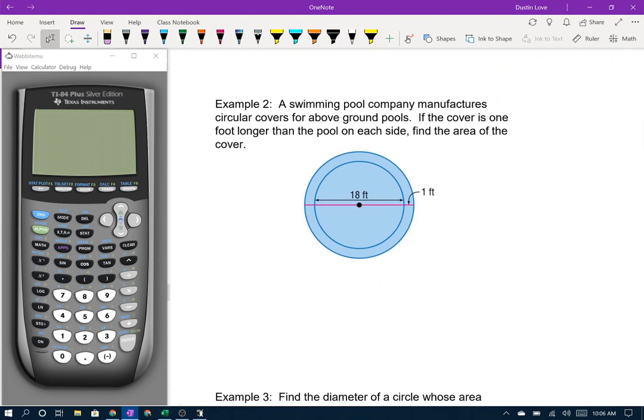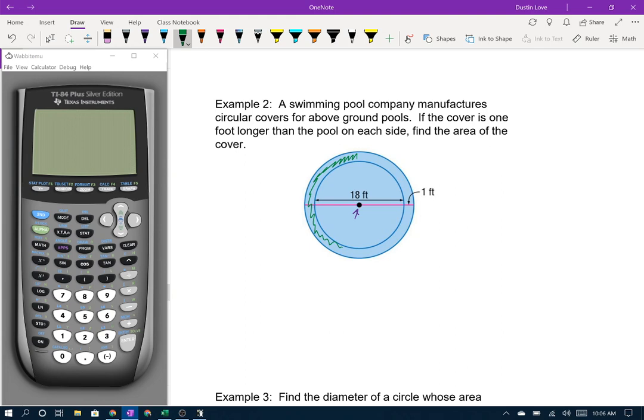Example 2, a swimming pool company manufactures circular covers for above ground pools. If the cover is 1 foot longer than the pool on each side, find the area of the cover. So, notice here that we've got 2 circles that are concentric, meaning they have the exact same center. I'm going to do 2 areas and then subtract them out, because what I'm actually looking for here is the area of,